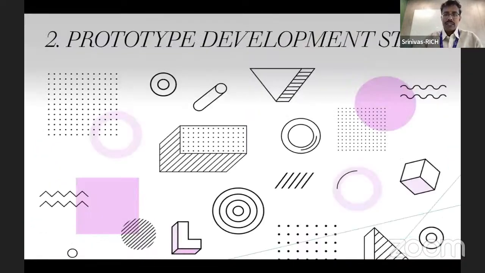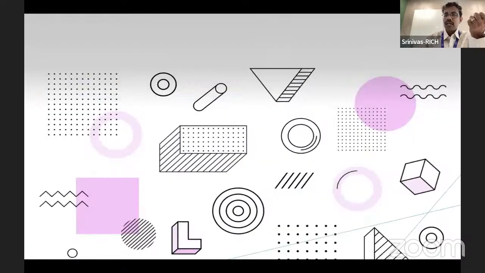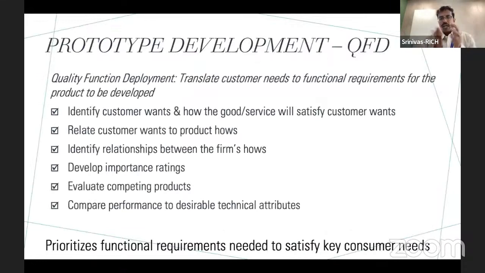So once you do the need analysis using the ideation approach, or what Aboli was talking about earlier, qualitative, quantitative analysis for understanding the need of consumers, then you come to, okay, once I have a clear need from the consumer, now how do I take things forward, right? So first thing is identify what consumer wants. Aboli gave a long talk on how to do that. Then we relate what the consumer wants to the product house. How do we achieve that with the product?